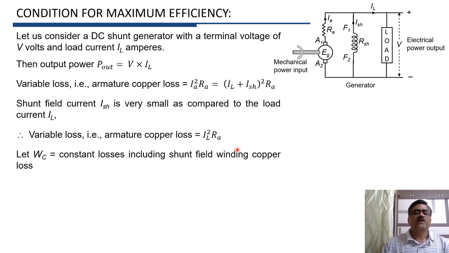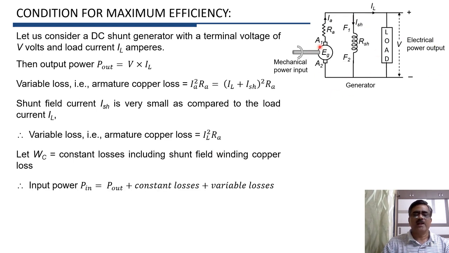Now let the total constant losses, that is including shunt field winding copper loss, be equal to Wc. So Wc is equal to constant losses and variable losses is equal to IL square Ra. So total loss is equal to Wc plus IL square Ra. And you know that input power is equal to output power plus losses, and therefore input power P in